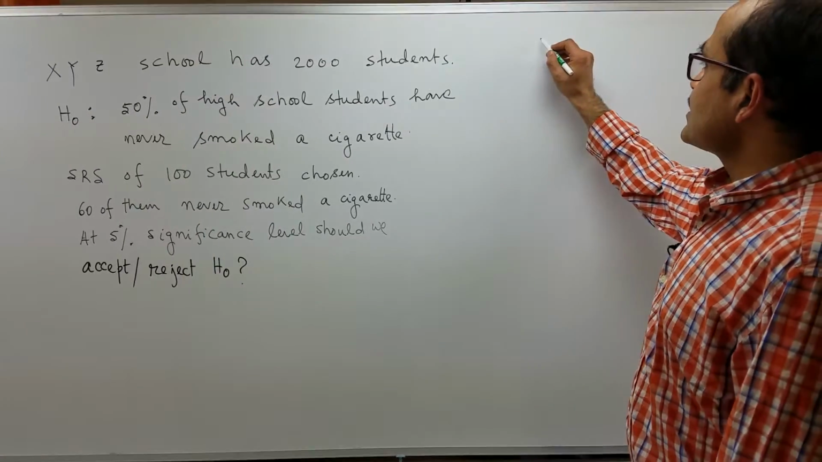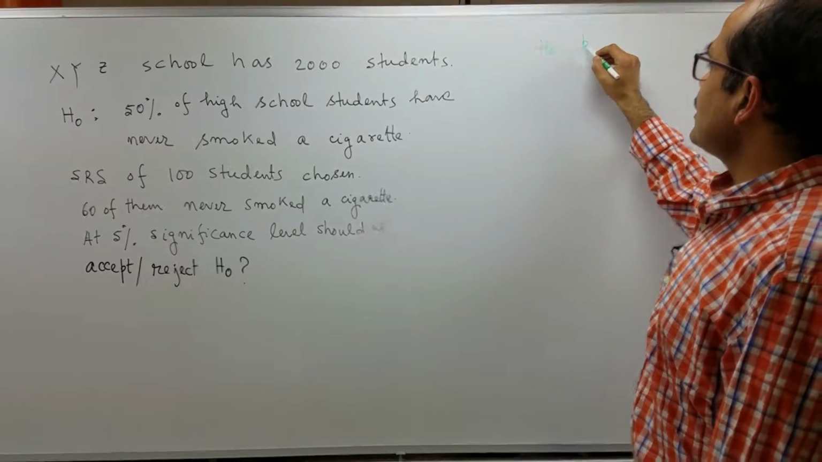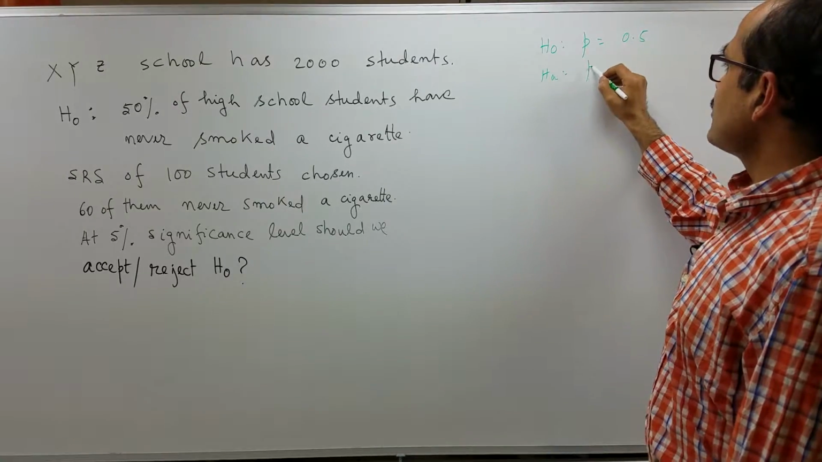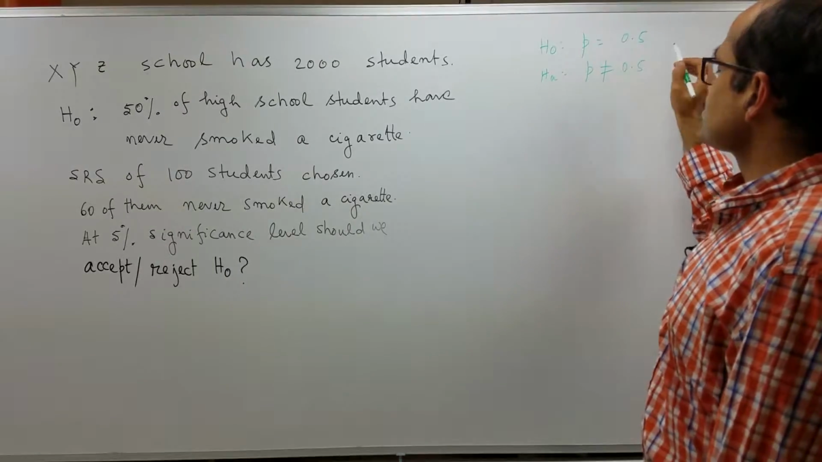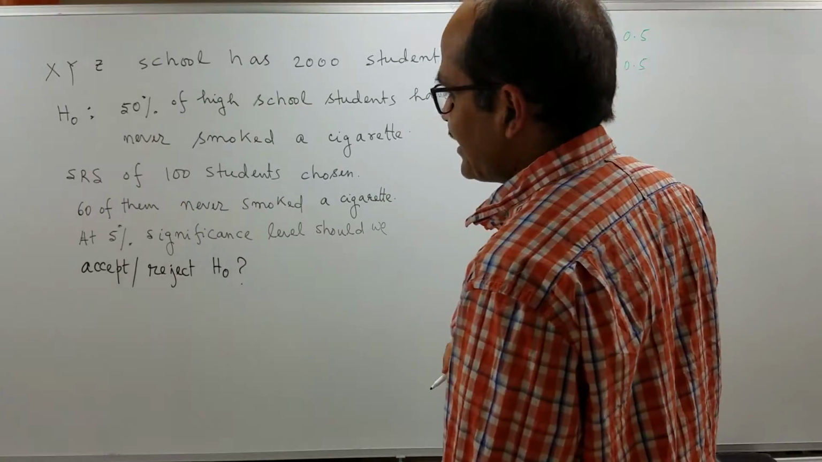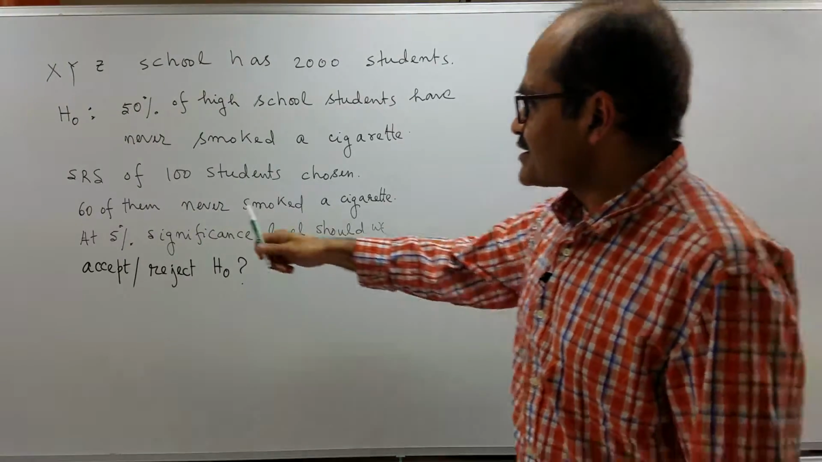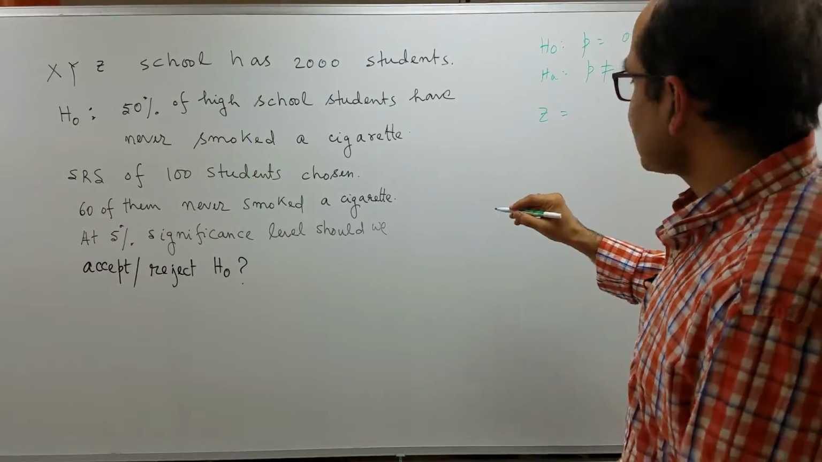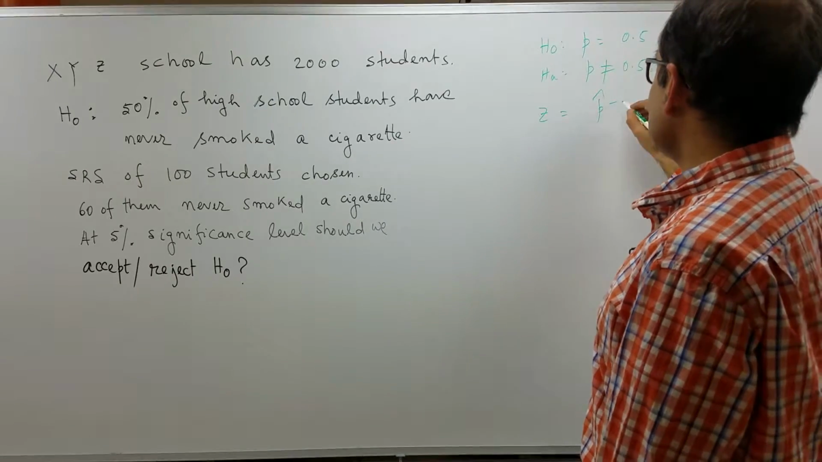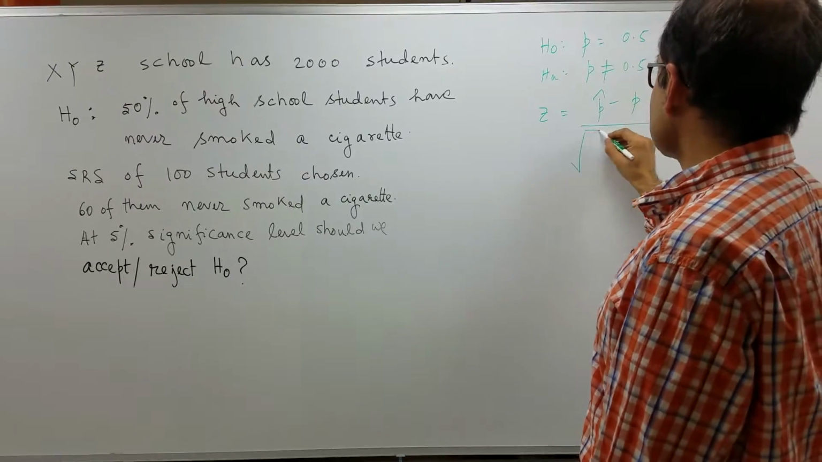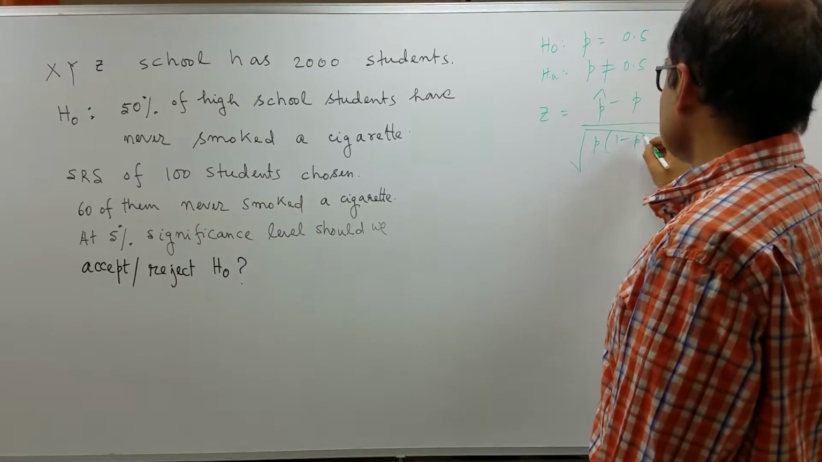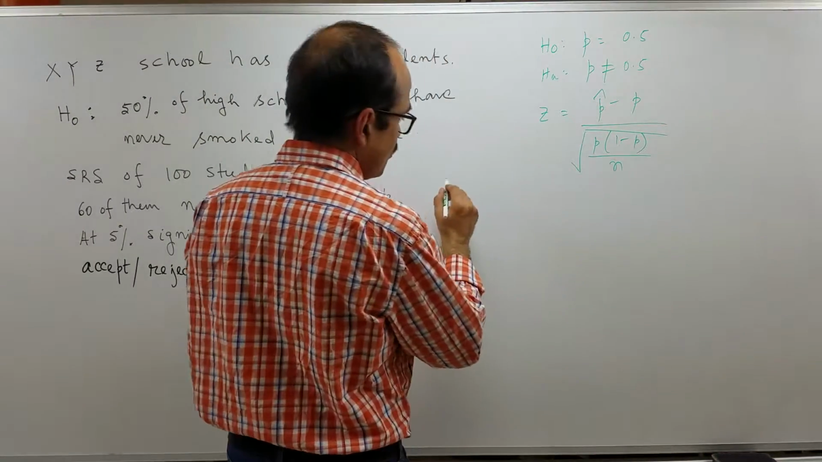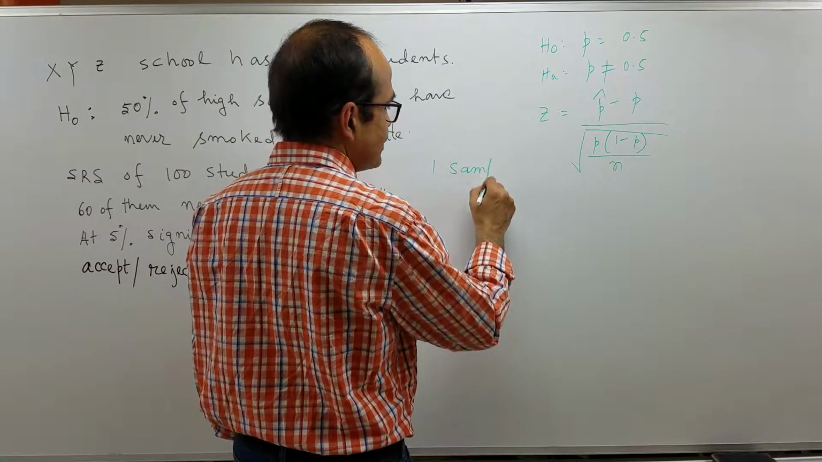So, here the null hypothesis is P is equal to 0.5, and the alternative hypothesis is P not equal to 0.5. Now, P hat, the sample proportion, is 60 over 100. So, our test statistic, that is Z, is P hat minus P over square root P times 1 minus P over N. Now, we are using one sample two-sided Z test